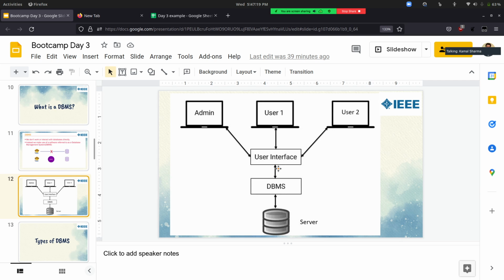To give an example of a middleman, let's say you want to get some certificates from the college. You cannot directly go and ask the HOD. First you have to ask a counselor, and after you get the approval from the counselor, you will be asking the HOD, right? In a similar way, you cannot interact with the database directly. We have some software in between which will help us interact in an easier way. That is what is called a database management system.